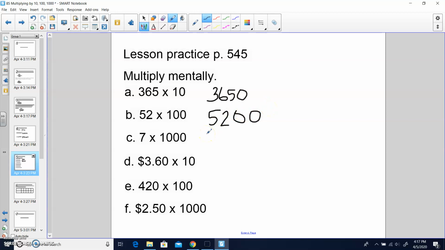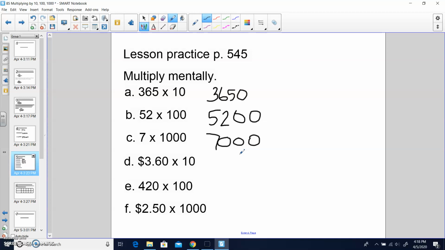Go ahead and try C, 7 times 1,000. Okay, again, I start by writing the number 7. And then I'm multiplying by 1,000, so that is 1, 2, 3 zeros. So I am writing 3 more zeros behind my 7. So 7 times 1,000 is 7,000. Go ahead and try D,